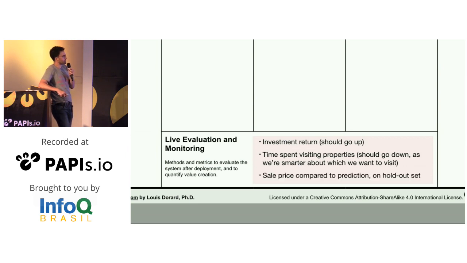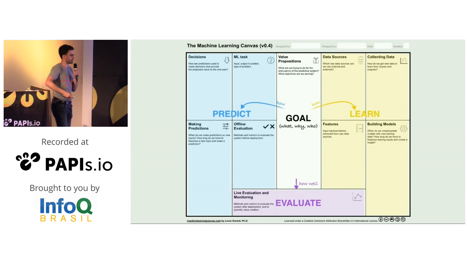And you could also just look at the accuracy of your predictions. So maybe what you do is that instead of considering all of the properties on the market as potential properties where you could invest, you're going to select randomly half of them and not do anything about them. That's what you call the holdout set. And then on those properties that you didn't act on, when they finally get sold, you can compare the selling price to your prediction and see if your model was good or not.